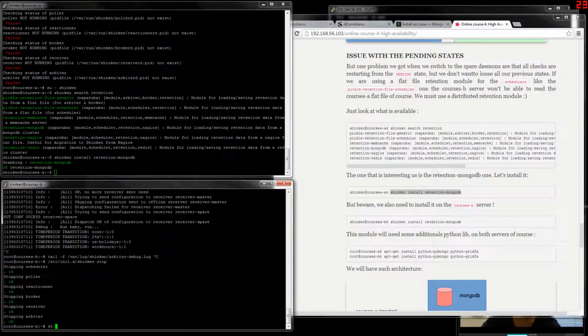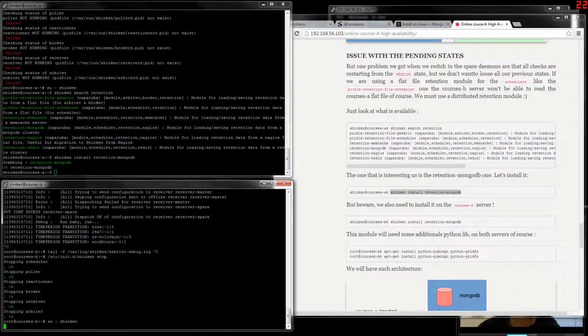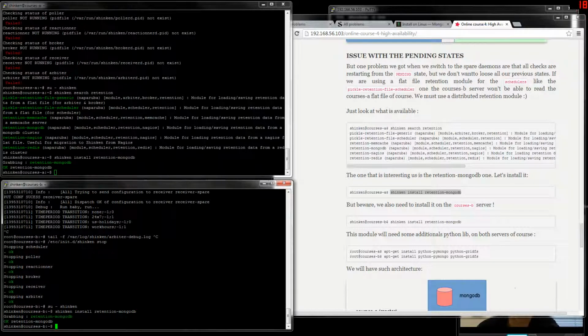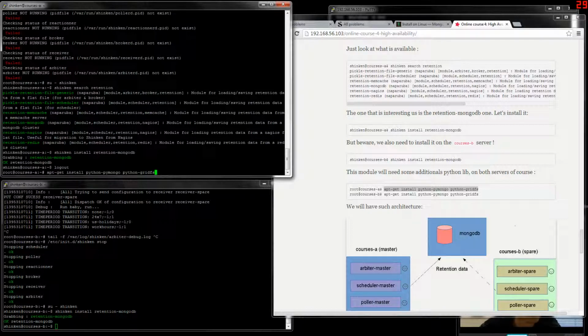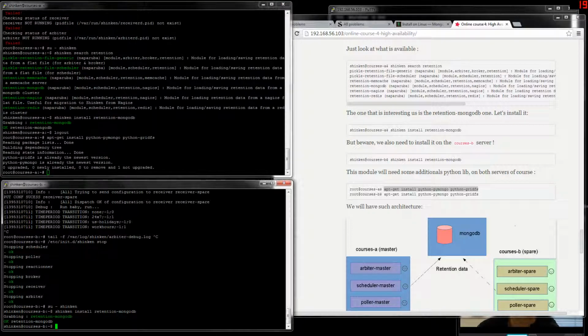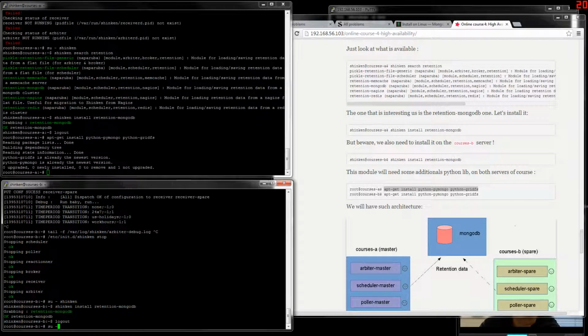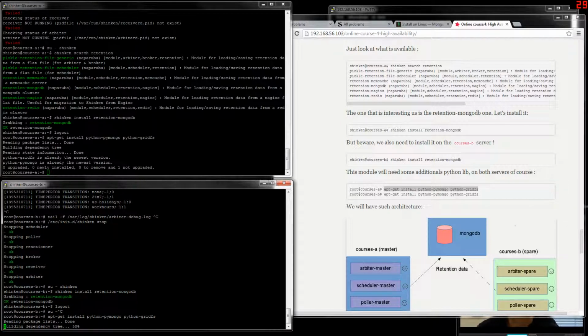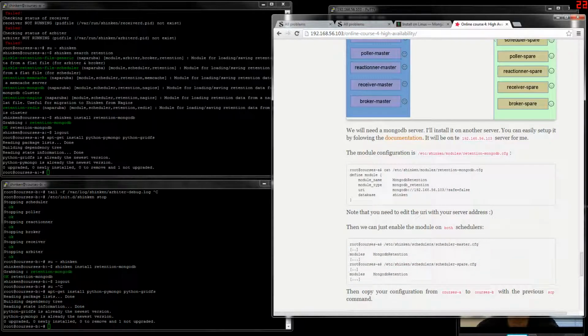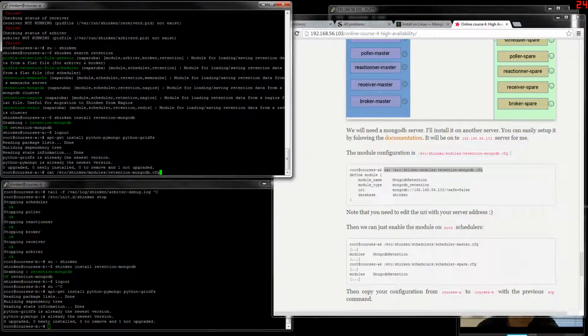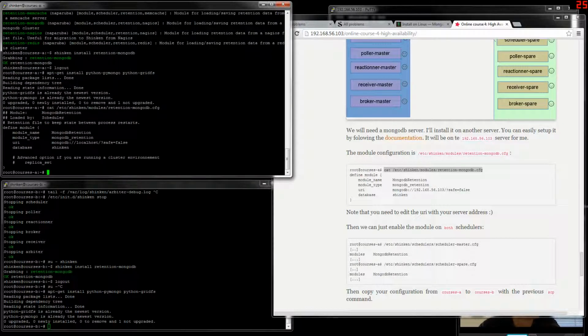So we just install the module. It's okay. It's important to install it also on the spare one. These modules need some Python library to connect to MongoDB. So here it's already done. Done too. Okay. So now we can look at the module configuration, still on the master server.